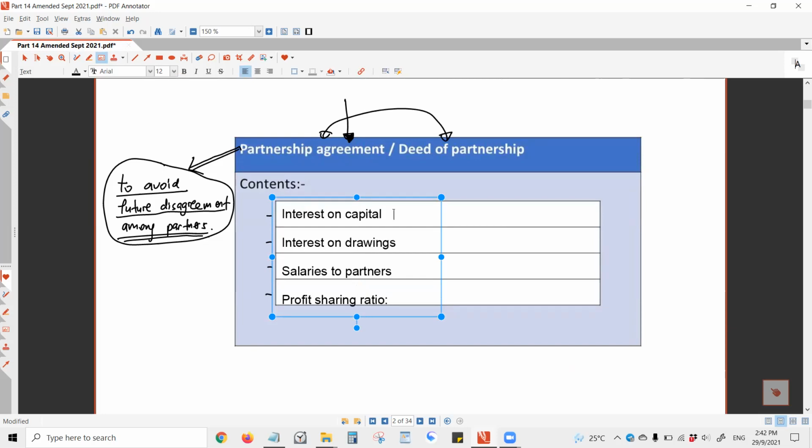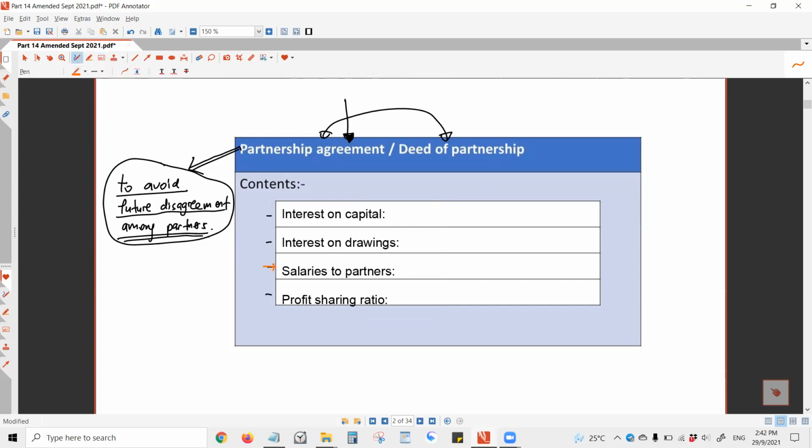Okay. So these are the 4 main contents, and I'm going to explain to you each and every content here. Why do you need to have them? And then we are going to write together also the purpose. We begin with the easiest one to explain with.